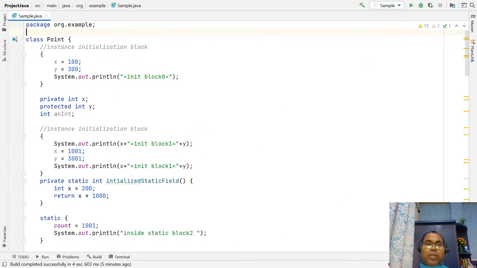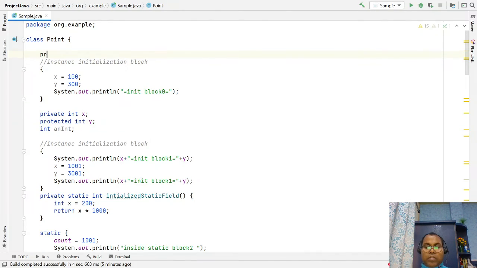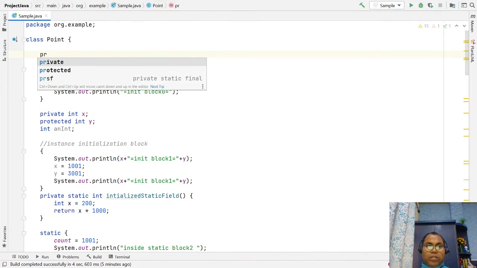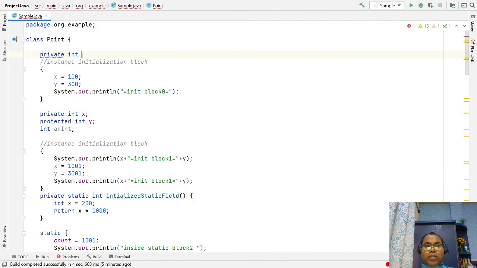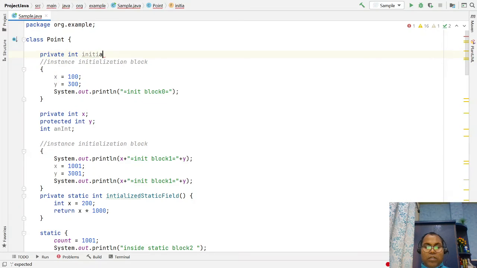So here let's say I have written one private method, private, maybe returning an integer, initial value for the instance variable.